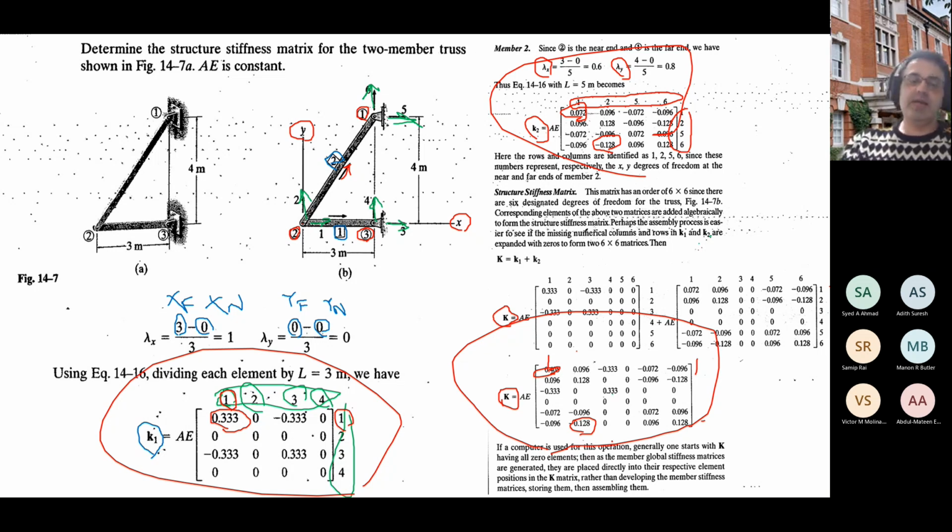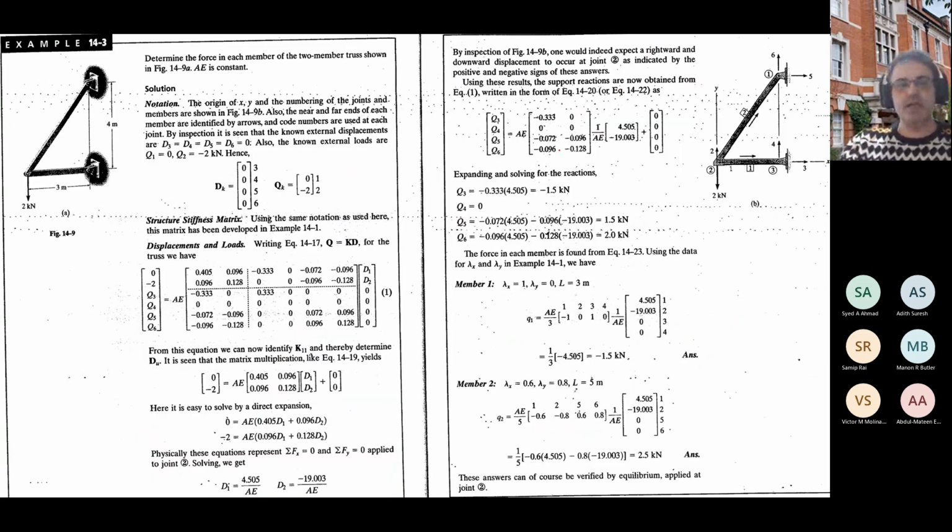If you have this matrix, you can simply write: this is my K matrix, this is the vector of delta, and this is the vector of F. So F equals K multiplied by delta, which is the famous relationship for the simple spring, as I told you as well. In this case, this 6 by 6 K matrix is coming from the previous slide when we assembled it